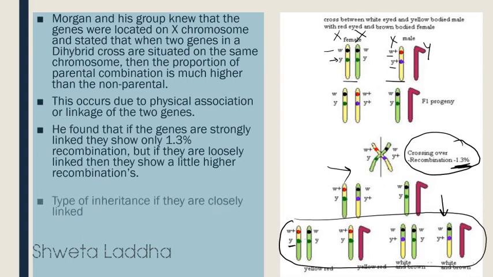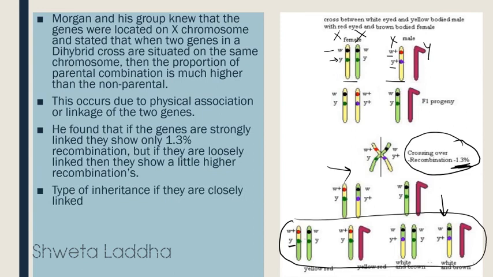So here T.H. Morgan stated that Mendel's third law is incorrect. What was Mendel's third law? He stated that alleles in a pair segregate or separate from each other and then independently assort with each other, forming different types of combinations in the gametes. But Morgan proved that if the genes are very close to each other, the chance of recombination is only 1.3%, whereas 98.7% of the time they will stay together. Okay, let us see the second experiment which he did.